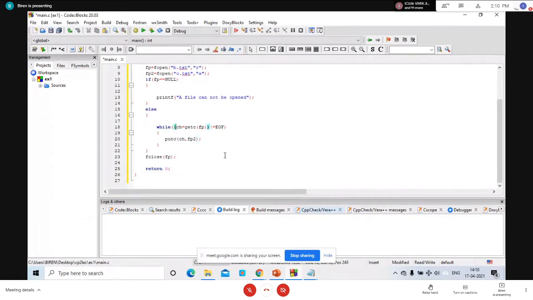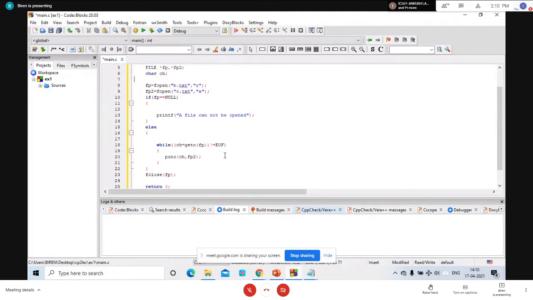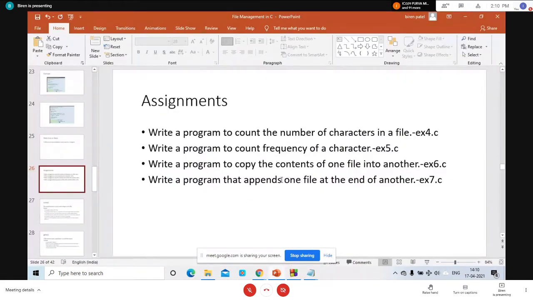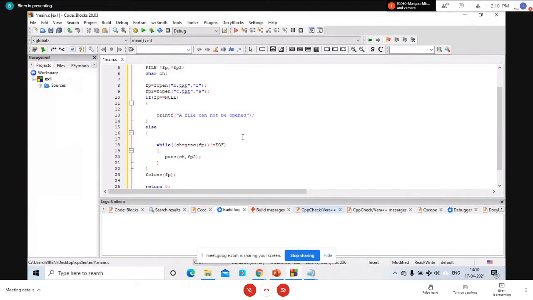We want to append some new data at the end of the existing file in the current working directory. So the question is, we want to append data of one file at the end of another file.